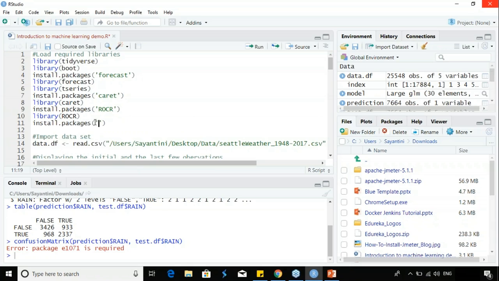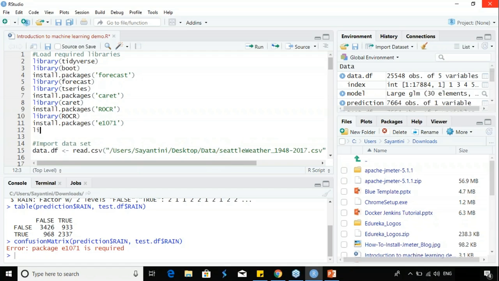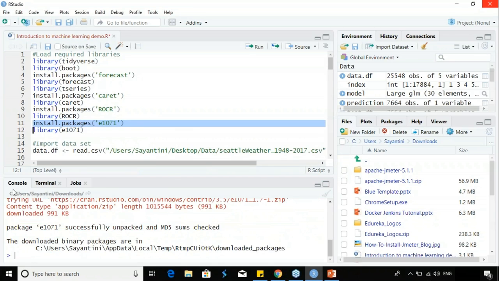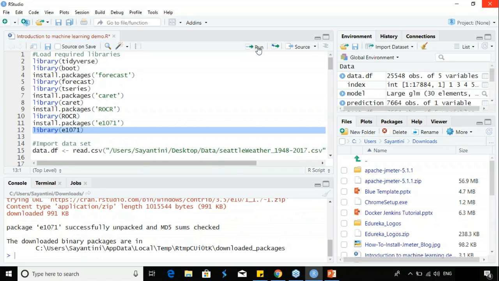Just use the command install.packages and then write the name of the package, e1071. Next, you're going to add another command, which is library, and here you'll again mention the name of the package. So let's run this line of code. Now it's installing my package. Yep, it's installed. Now we'll just load the library.